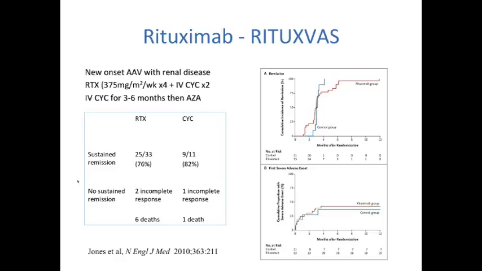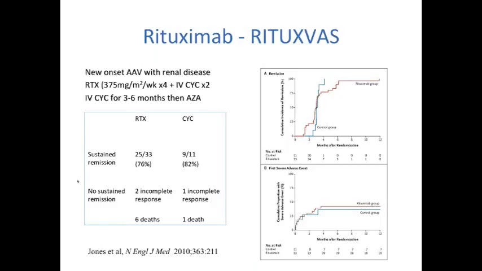The alternative drug that has been tried and shown to be effective is rituximab, and in 2010 there were 2 studies published in the same issue of the New England Journal of Medicine, one from Rachel Jones and colleagues in Cambridge, looking at new onset ANCA vasculitis with renal disease. They compared rituximab given once weekly for 4 weeks with intravenous cyclophosphamide for 3 to 6 months,